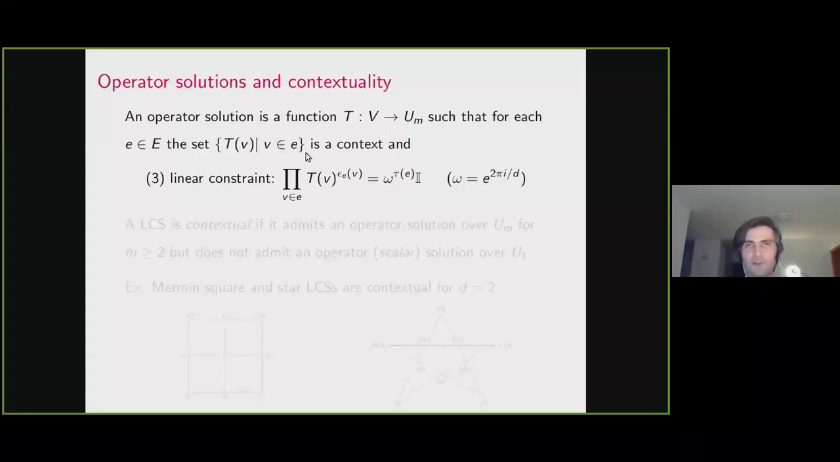So they have the first two properties, being d-torsion and pairwise commuting. And the third is the linear constraint, which is precisely given by the matrix equation in the multiplicative form. So the incidence weight appears as the powers of the operators, and on the right-hand side, we have the tau appearing as the power of omega. And omega here is the d-th root of unity. So this is the third part of the